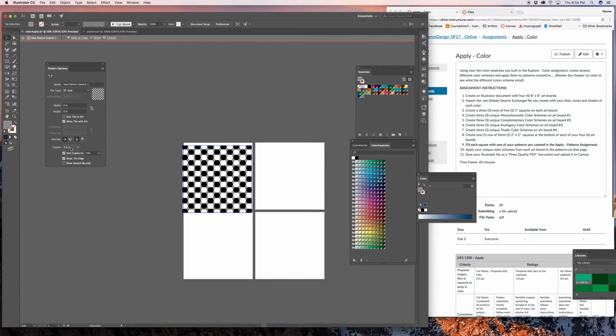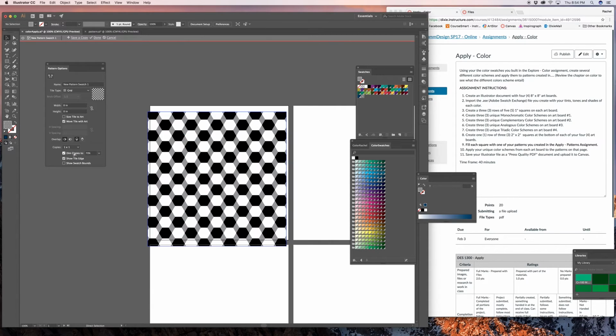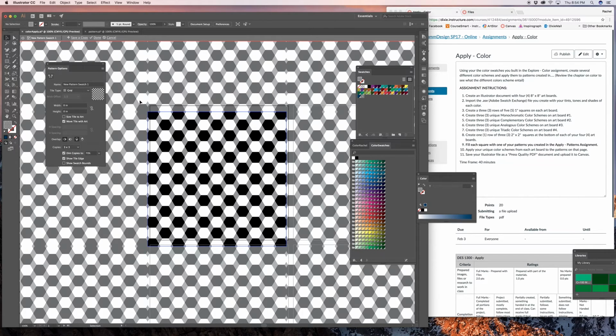Now one thing you might want to do is change this so it shows 1 by 1, so that you don't have to worry about how it overlaps, or you may want to go back and see how these corners connect. And I'm not expecting it to be perfect. I want you just to explore and experiment with the patterns to see how it works and how you can